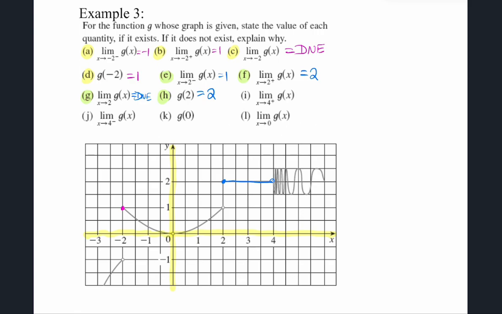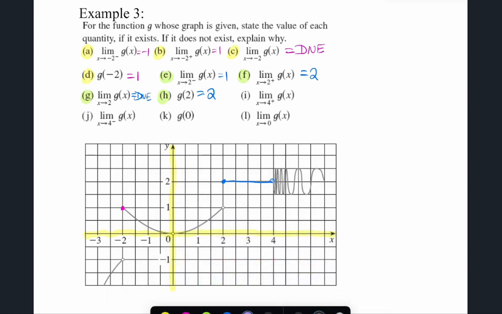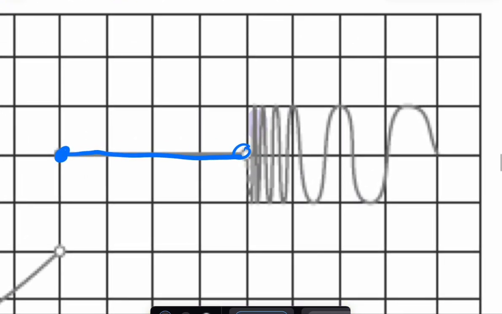Now, I and J go together. Sorry, I'm going to get some cuter colors here. I and J are both relying on an x value of 4. Now, I'm going to zoom in here. Let me erase my stuff so you can see it a little better. Okay. If I zoom in here,